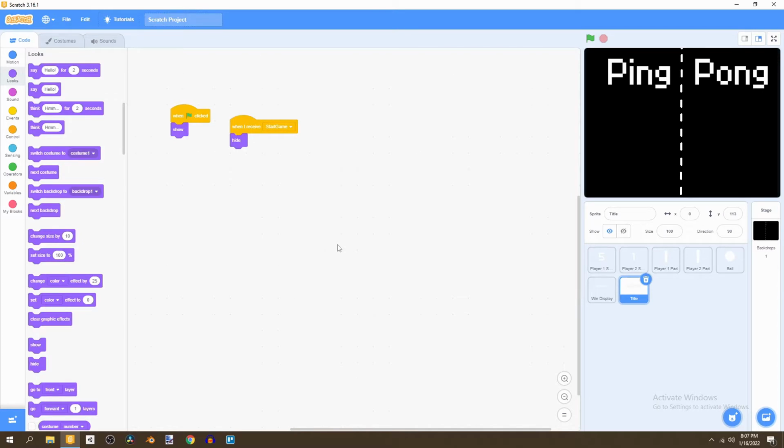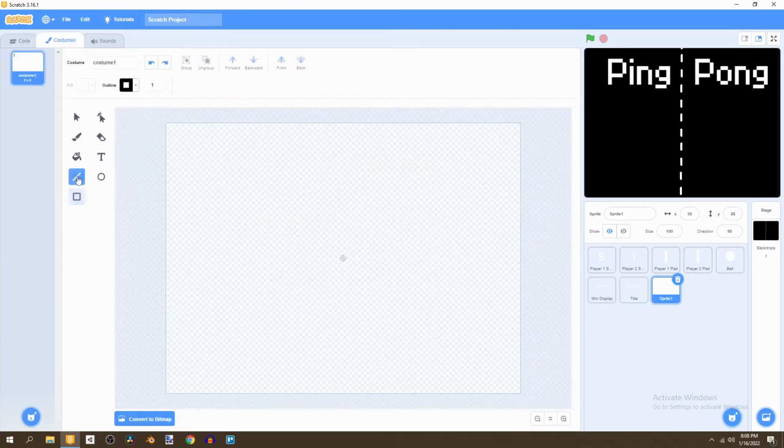And now for our main menu buttons, we're going to have two different options to select, the 1 player and 2 player. So first we're going to start with our 1 player mode. So we're going to paint. All we're going to do is bring some text and say 1 player, increase the size a little bit, move that right here,